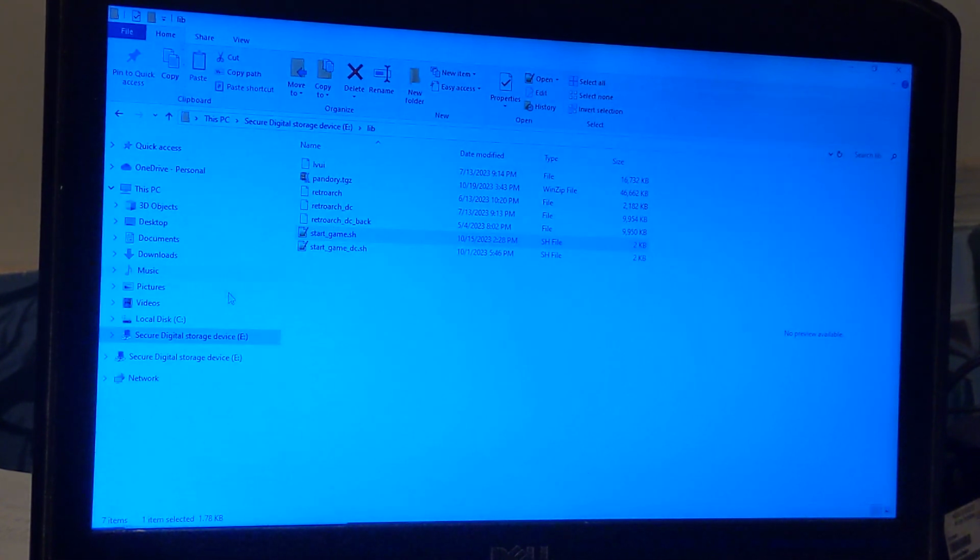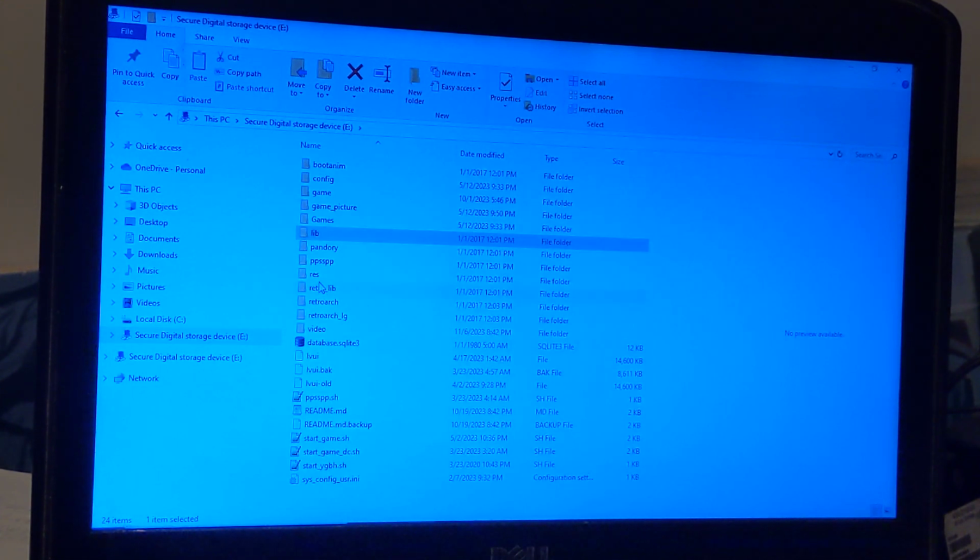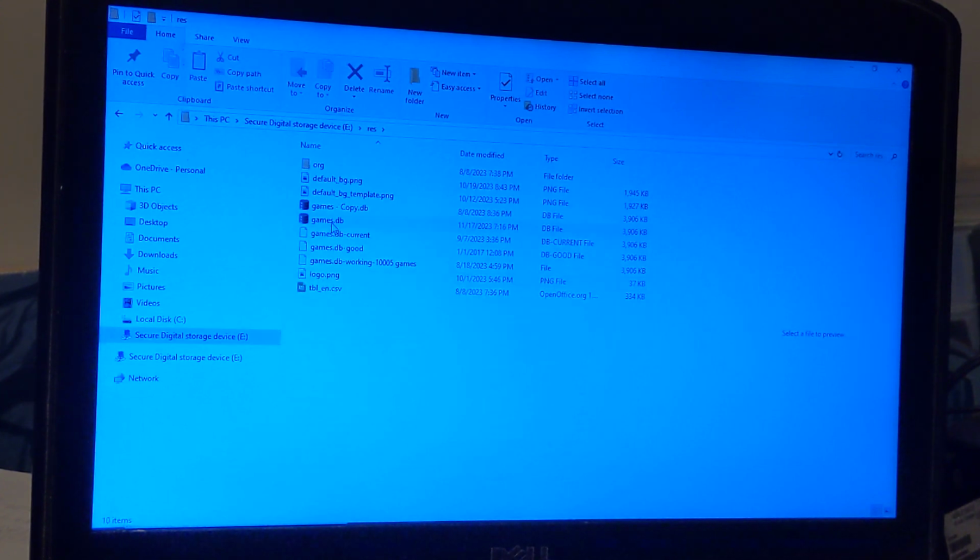All right, so that file will tell you the different emulator numbers. And then you want to go to the res folder and look for a file called games.db. That's the games database file. Yours will look a little different than this because I have several different database files on here because I was playing around with adding different games and systems. But you open up the games database file